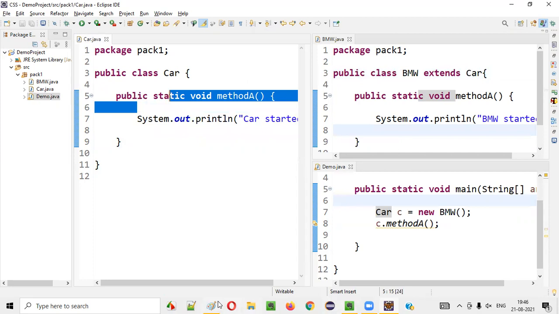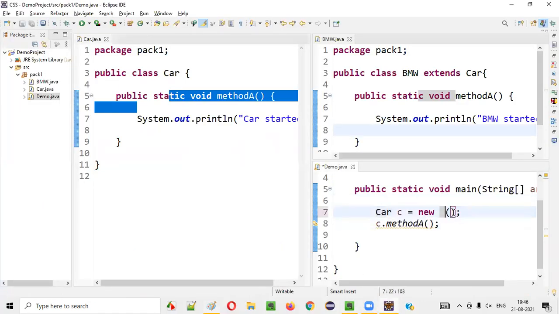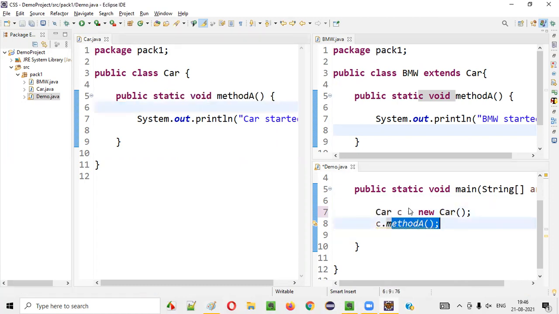Hope you understood what is the difference now between the method overriding and method hiding. Okay. So class reference here, object reference. Based on the object reference, the particular method from either the child or parent class will be called. Here, class reference. So whichever class was declaring that particular variable, based on that only the method will be called. So in both the cases, if I even create car is equal to new car, here also you are declaring this variable with car class. So method A will be called from car class only. Okay, there's no other way.